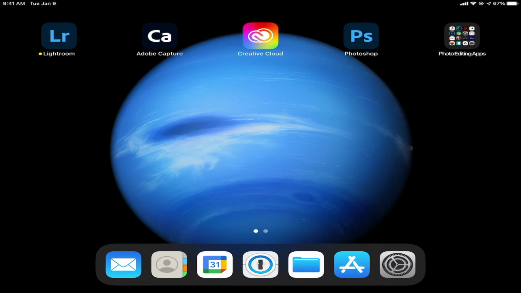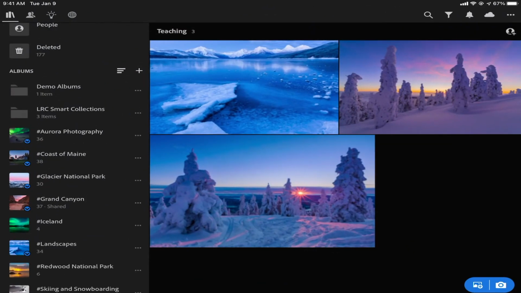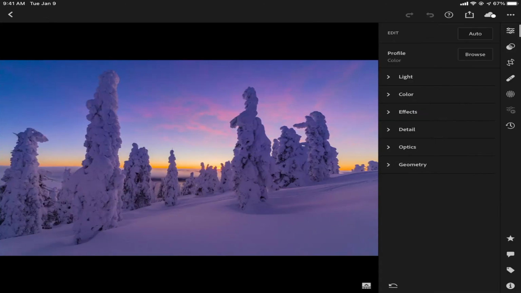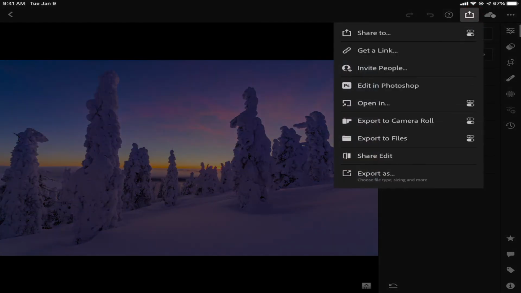Okay, so now that we're here on the iPad, I'm going to tap to open up the Adobe Lightroom app. Next, I'm going to select another photo that I want to share with the same client using another tap. Now, I'm going to bring up the Sharing Options menu, which lives here beneath this symbol on iOS devices. Android users, you have almost the exact same thing, but this menu lives underneath a different looking symbol in the top right corner of the Lightroom for Android apps interface.